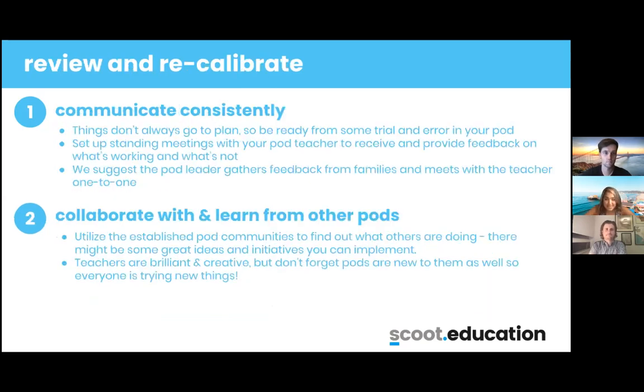And then the last thing that you want to do as part of step 5 is to review and recalibrate. You're going to want to be communicating a lot with your pod families because things are changing and it's dynamic, and you may not always see a problem in real time, but retrospectively you might go, that didn't really work so well for us. How can we change and adapt moving forward so that we can really maximize the potential